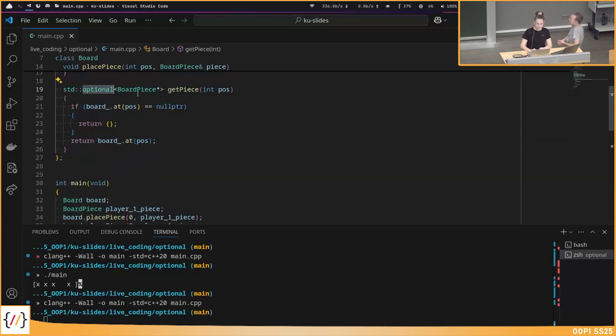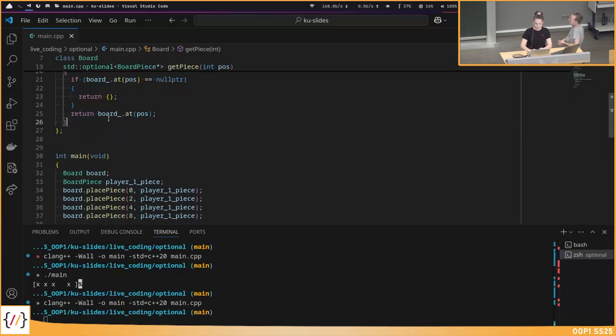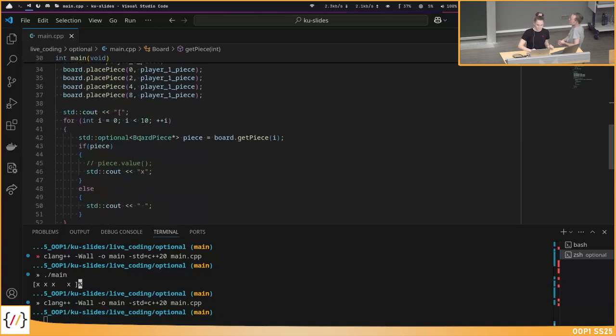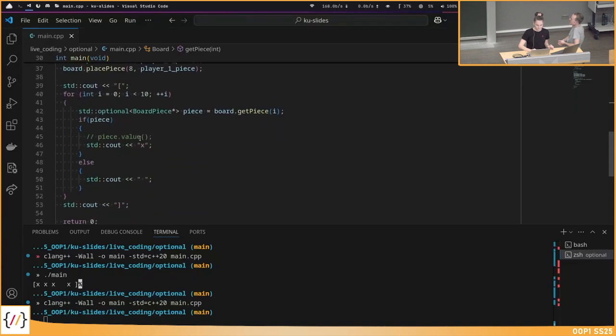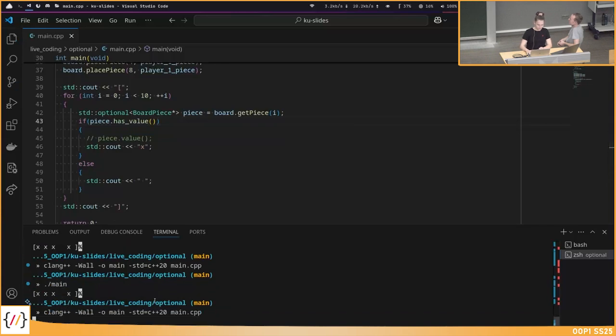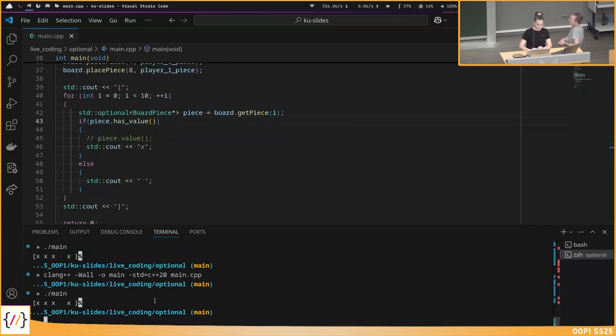Implementing this optional from a function which returns a value is really easy, because you don't need to change the returns, and if you want to return empty, just these parentheses, and everything just works. And down at the main, we take the return value, then check either if it has value or by just specifying the optional if there is something, and then we can access it, or we should not access it if this is not present.